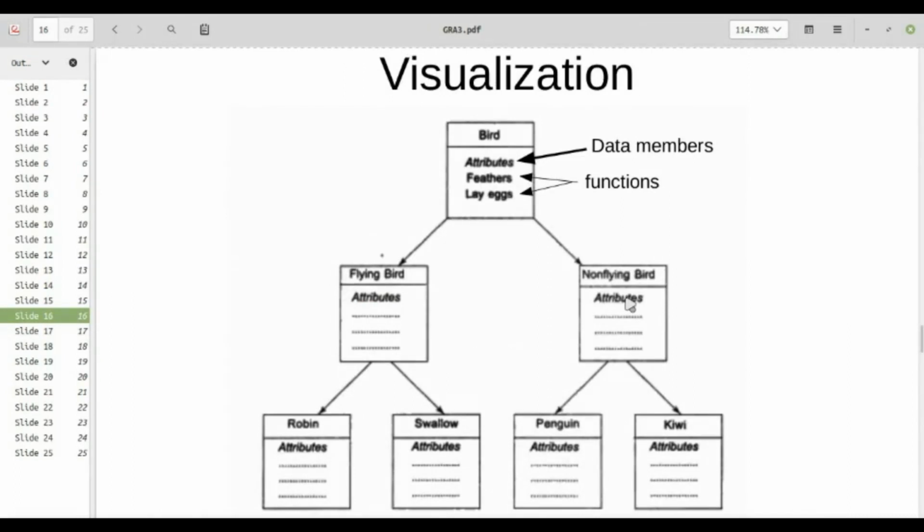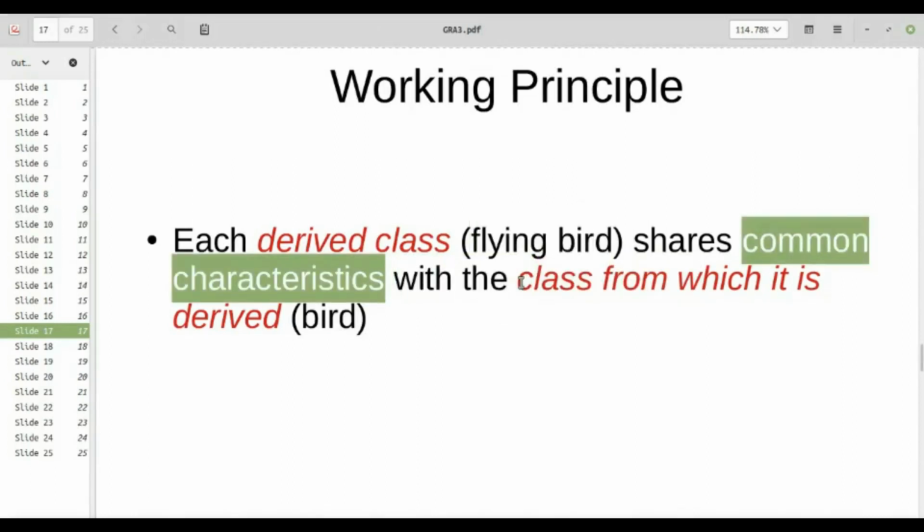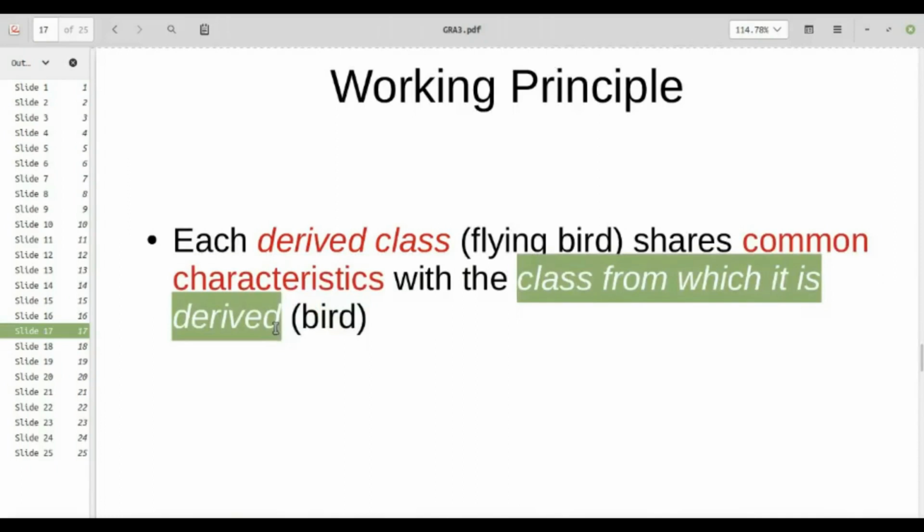Why? I could simply create as many classes as I want because class takes up no memory. That is completely fine. The point is, each derived class, in this case, the class called flying bird is a derived class. Similarly, the class called non-flying bird is another derived class. So in each case, the derived class shares some common characteristics with the class from which it is derived.